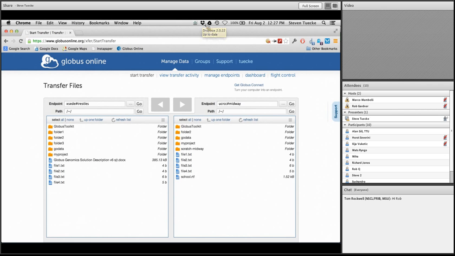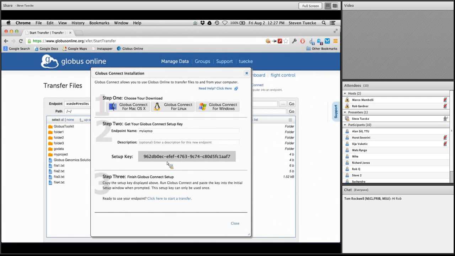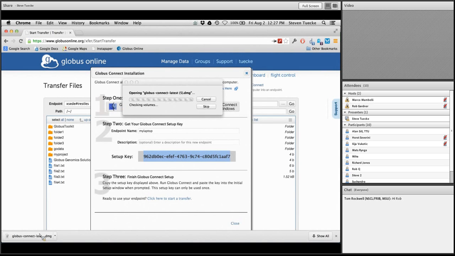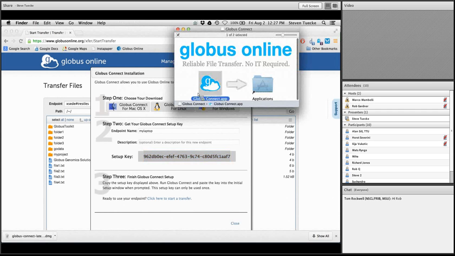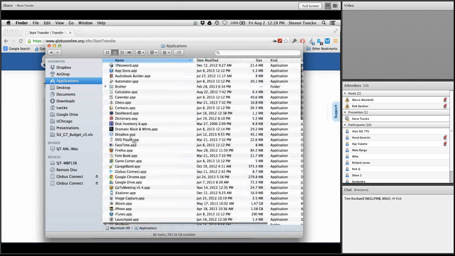So let's go ahead and do it. So I'll go into here. We'll call this endpoint tiki hash my laptop and generate a setup key. Go ahead and copy and paste that. We'll download the Mac binary. We have versions for Mac, Linux, and Windows. It's been tested on a zillion different flavors of those. Let's go ahead and install it. Drag and drop installer. Windows, it's got a typical Windows installer. And then if we go and start it up, let's connect,